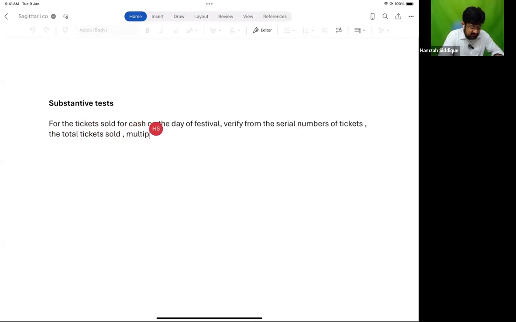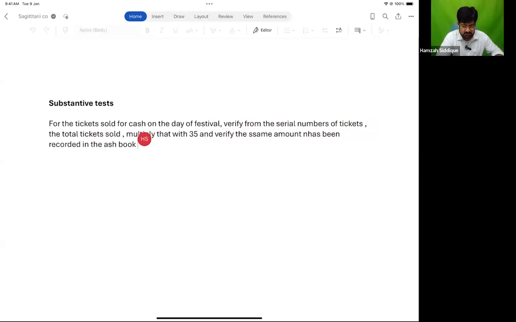Multiply that with 35 because they sell it for 35, and verify the same amount has been recorded in the cash book